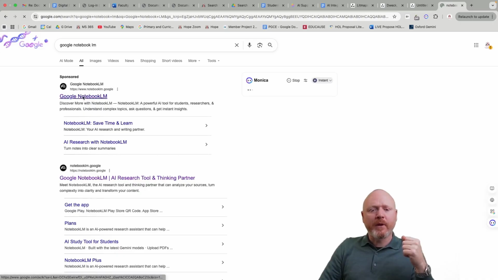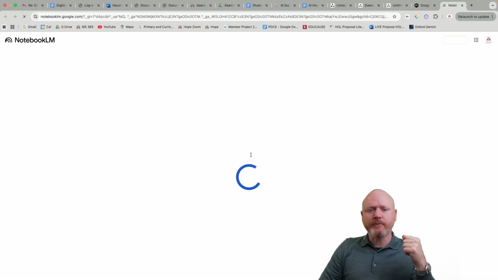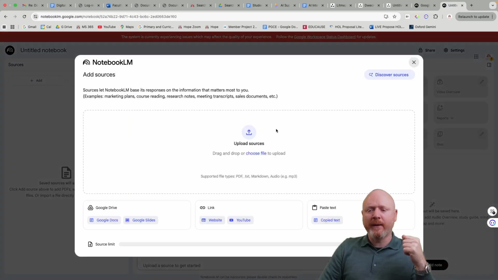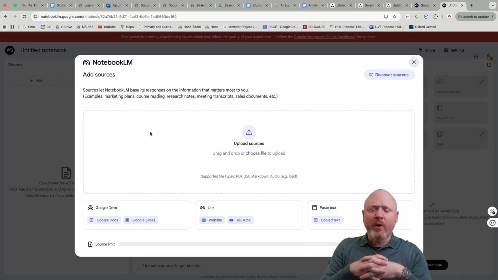Okay. And when we do that, we can click on Try Notebook LM. And what we're going to do here is create a new notebook. Okay. Now this is as simple as just uploading an attachment to an email,